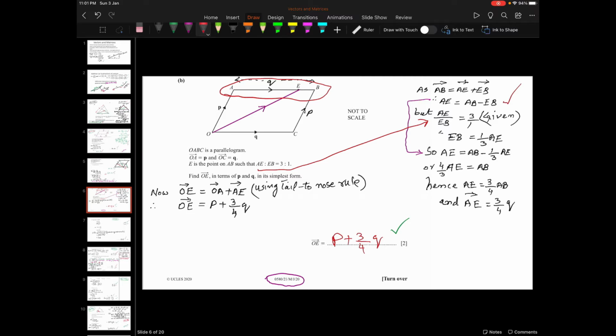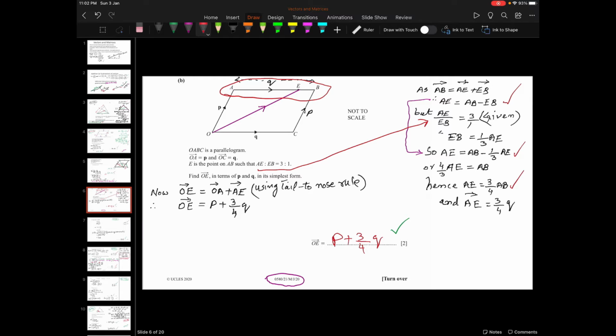So EB is equal to 1 upon 3 AE. Substitute this value of EB in the above equation. So AE is equal to AB minus 1 upon 3 AE. After simplification, we have 4 upon 3 AE is equal to AB, or AE is equal to 3 upon 4